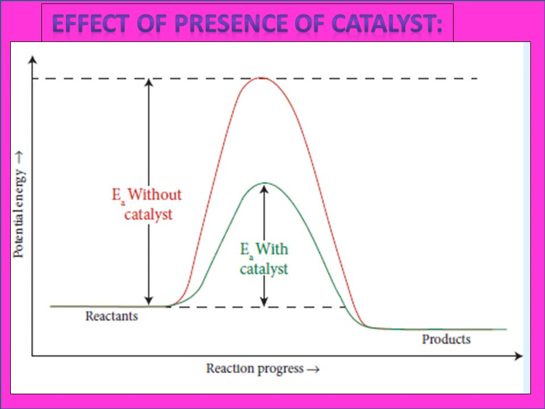If a reactant molecule has to become product, it has to cross the energy barrier which is called the energy of activation. The energy required for the reactant molecule should be greater in order to cross the energy barrier to become products. But if you add a catalyst, the catalyst will lower the energy of activation, and so more number of reactant molecules can become product. So what is the use of catalyst? Catalyst will decrease the energy of activation and hence more number of reactant molecules can become product.